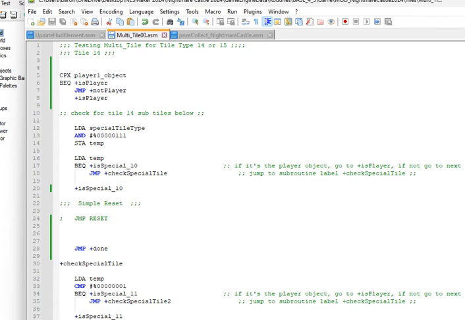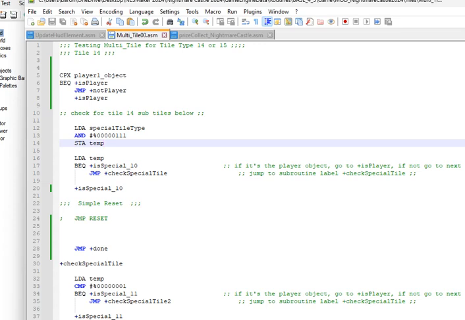Alright, so there's the tile that's going to be included for 14. 15 is going to be the exact same tile. It's just the numbers that are different. I'm going to include that as well.